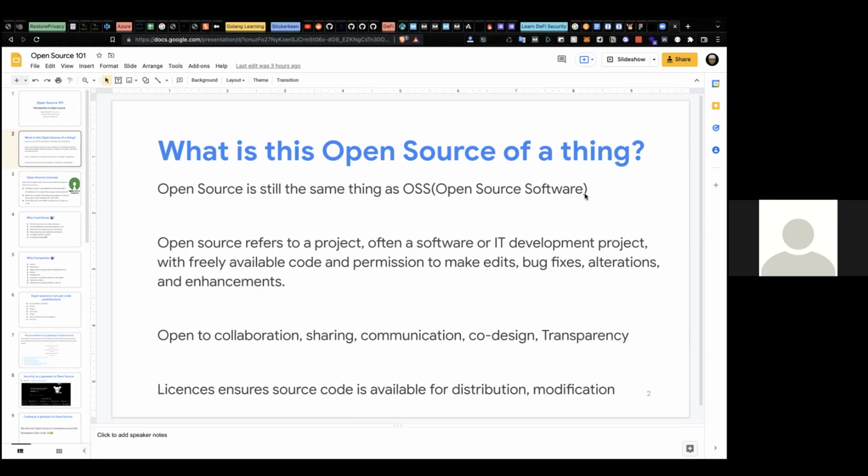Also, open source is about collaboration. That is, the main purpose of open source is collaboration. Different individuals from different parts of the world will, okay, maybe you had a particular problem, you solved it, and then